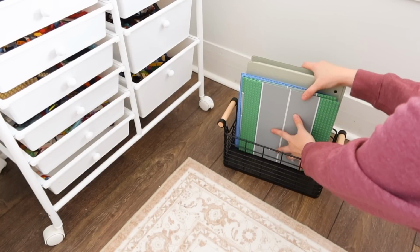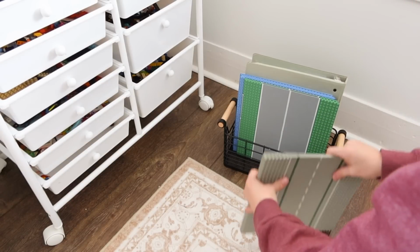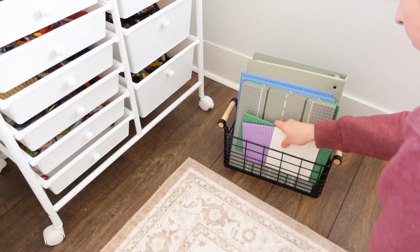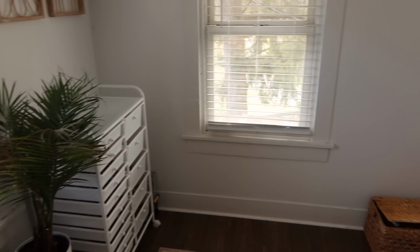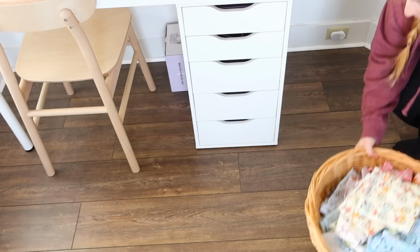It's a faster cleanup process for you. And as they get older, they're helping with the cleanup process, or it's more beneficial to them to have certain toys organized better for them to be able to play with them. So I think that's something to take into consideration as you're looking at your toys and how you want to